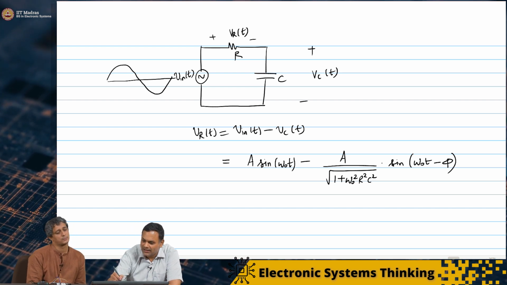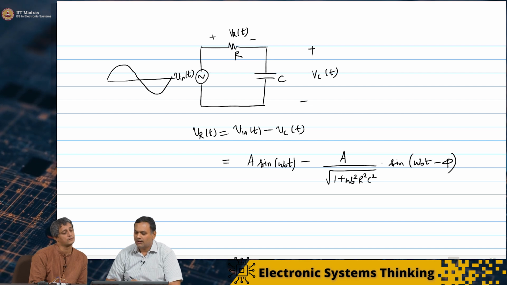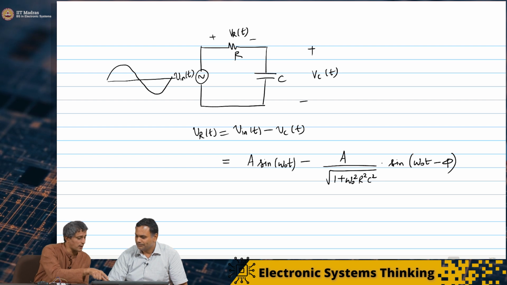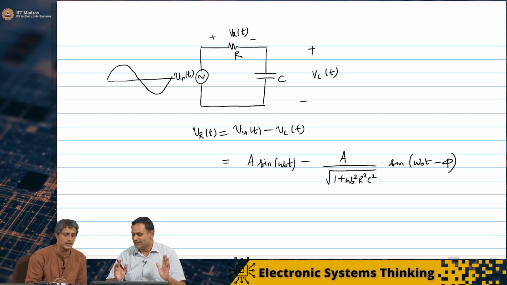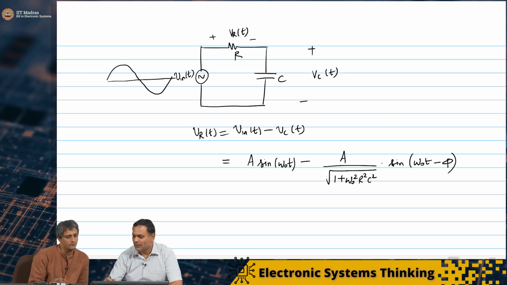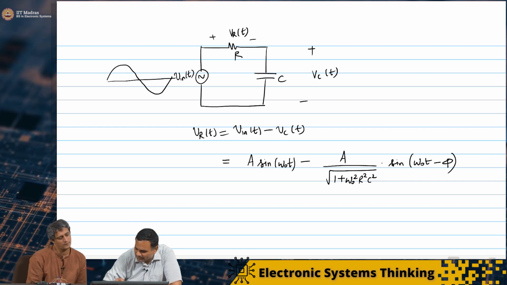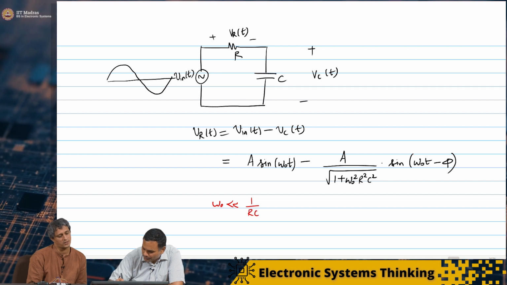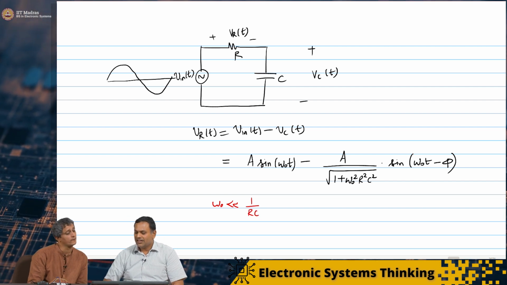So, most likely, if you start from a very low omega naught, again low is with respect to 1 by RC. So if you start off with omega naught much smaller than 1 over RC, if you do this,